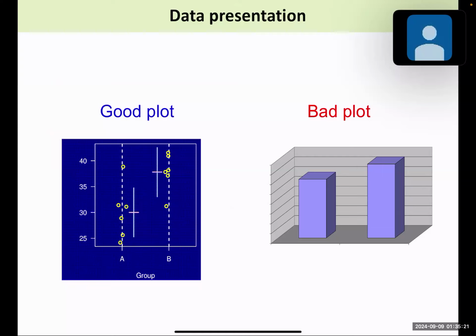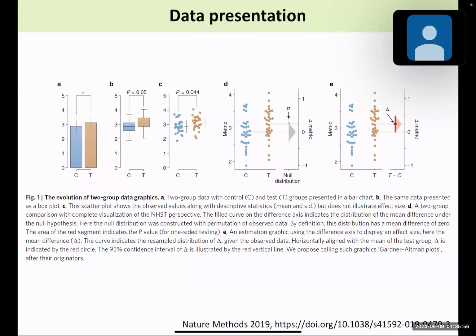So for example, a good plot will contain rich information, right? So for example, here there is a data of mean and also error bar that represents either standard deviation or standard errors. And then you also have these individual data points, right? This is also very important because by displaying individual data points, you can clearly see how the data are distributed, right? But a bad plot doesn't have this information at all. So let's take a look into this example.